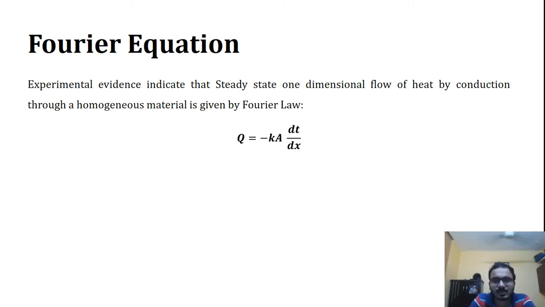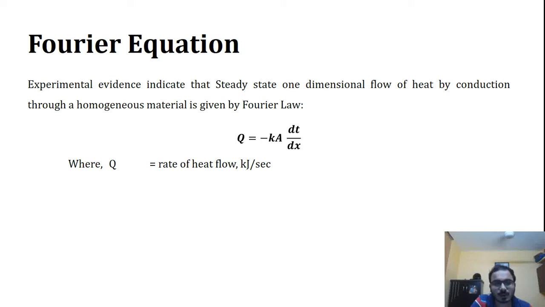We have already studied this equation in our previous chapter, and if you see, Fourier's law is applicable for steady state, it is applicable for one-dimensional flow of heat conduction, and the material should be homogeneous. We will discuss all these points one by one. So the formula for Fourier equation is Q is equal to minus KA dT by dx,